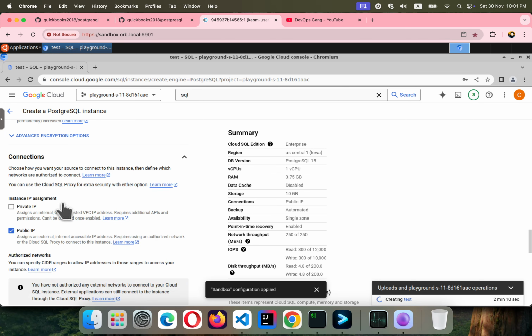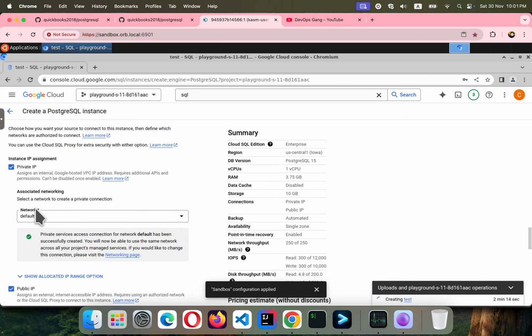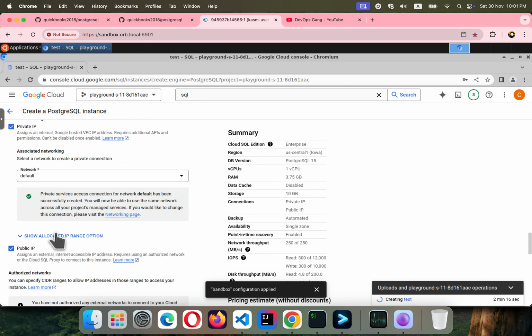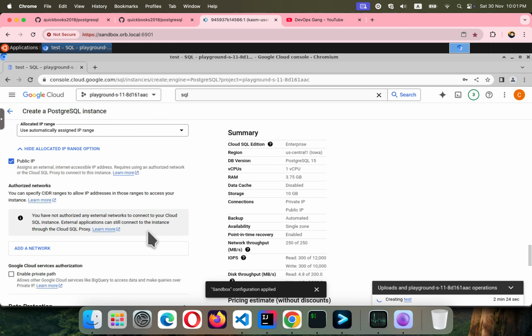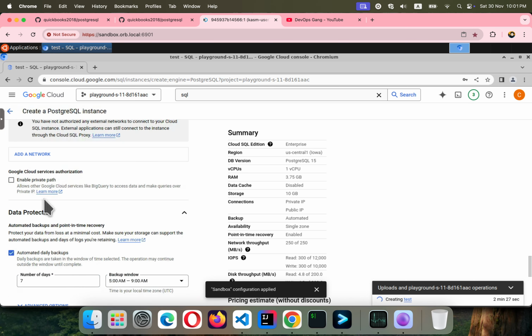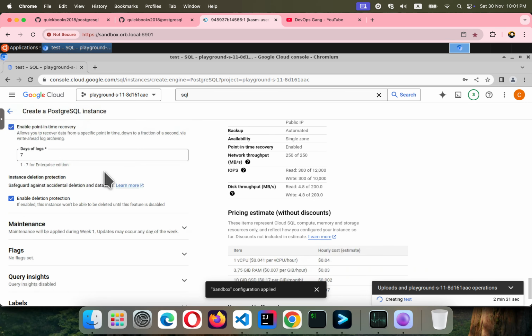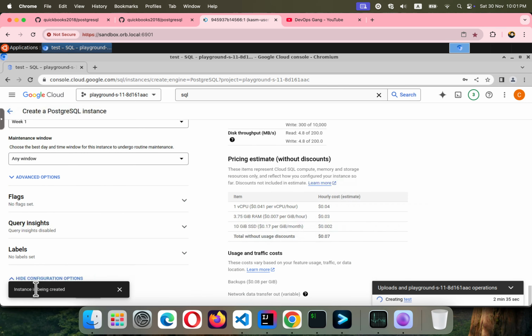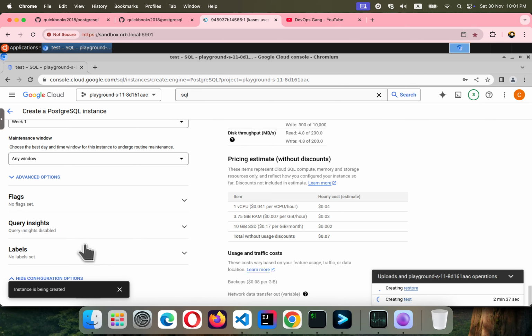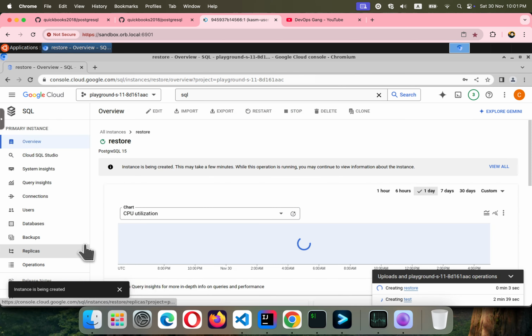So connections, I'm going to go for the same settings, but this time we have already enabled it. Okay, use automatically assigned range. As I discussed, we can give a custom range as well, right? So enable private path, that is fine. And I think we are good regarding that. So let's try to create it. And once this is created, I'm going to show you